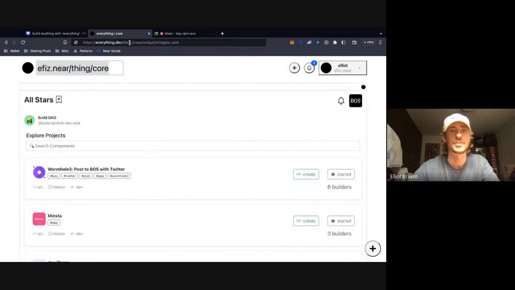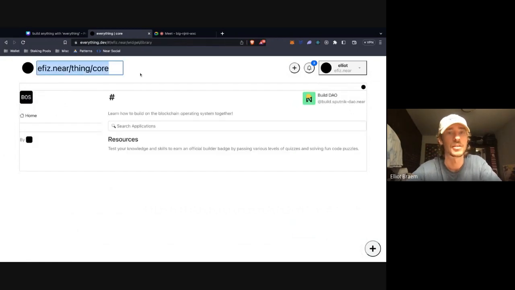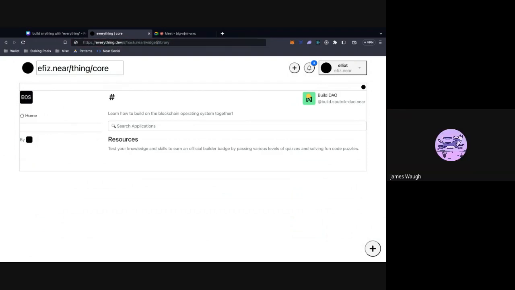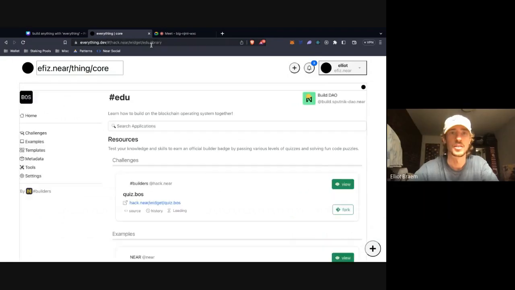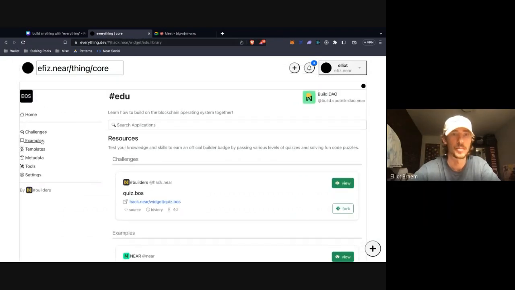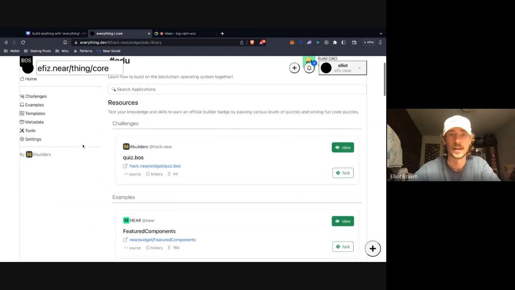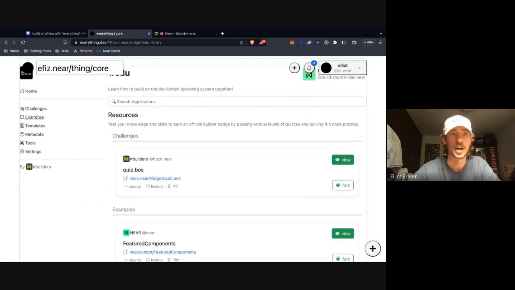Cool. All right. And then the other thing, what is the current component library? I know I have this one. So this is what we're currently working on, component libraries, which I guess this one doesn't have anything in it. Might be dev library or edu. Yeah, so here are the component libraries so far, and they can be sorted by category.